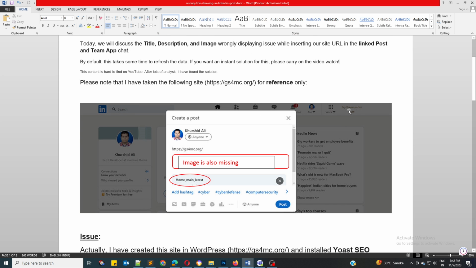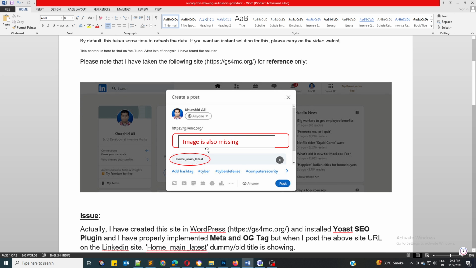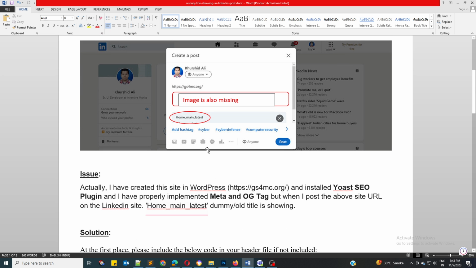As you can see in the screenshot, the image is missing and the title is also showing wrongly. I hope you understand the issue. I'm explaining again.